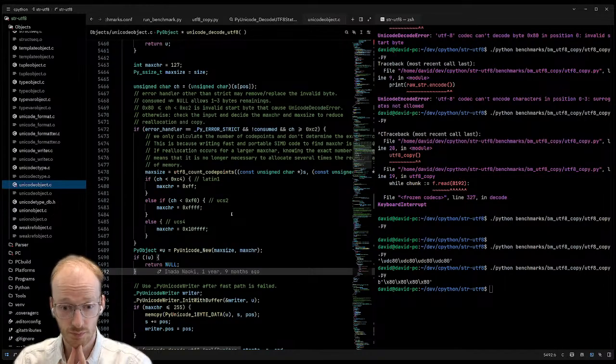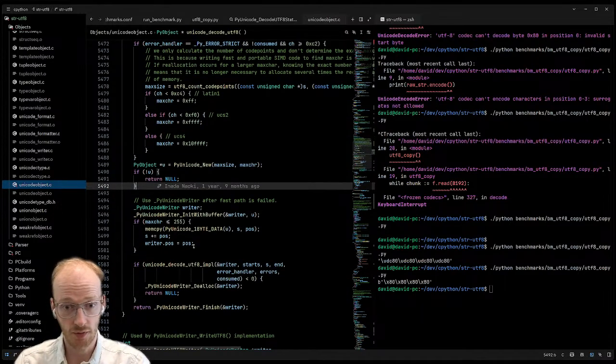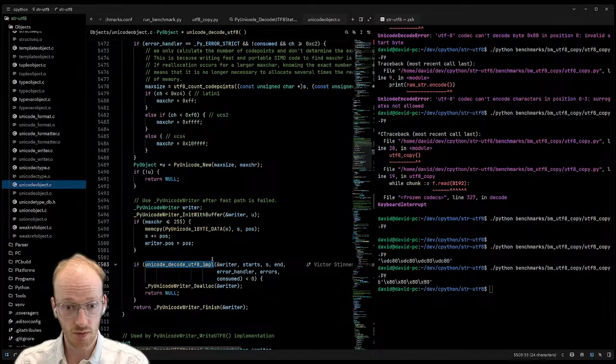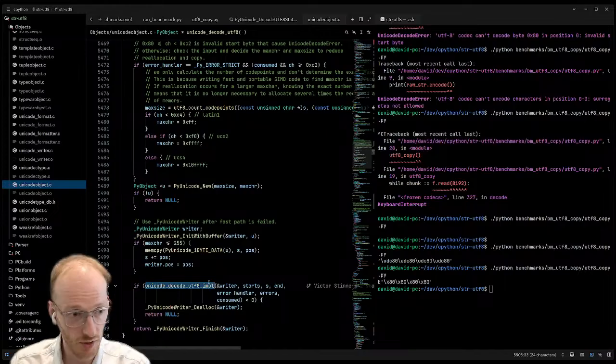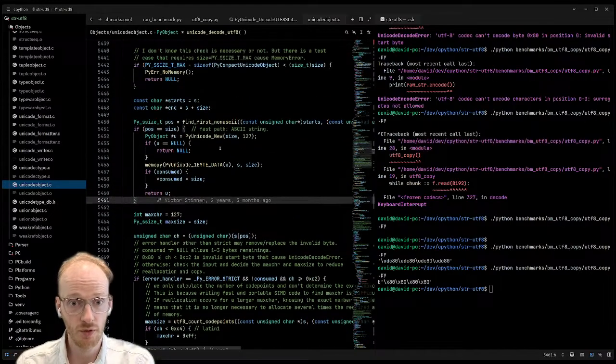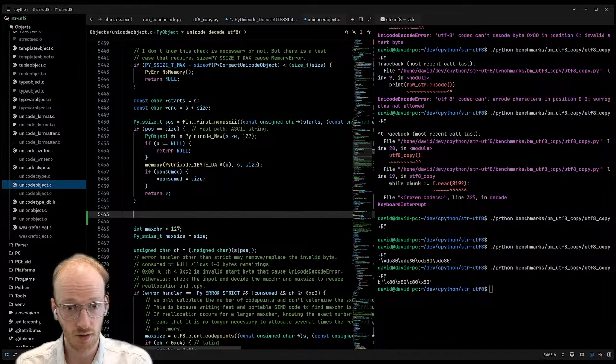What the new normal path would need to do is find the first non-UTF-8 character and store everything up to that point. And if that's at the end of the string, that's our new fast path. Otherwise, it needs to go call the error handler. Yeah, and that will happen inside, well, maybe inside this writer, I'm not sure. Well, that's presumably where the error handler is being called at the moment, so we're going to have to look in there anyway.